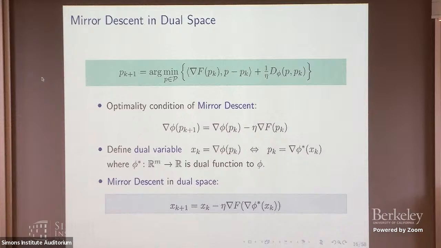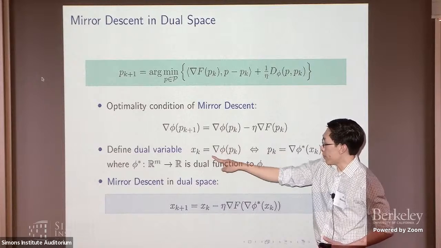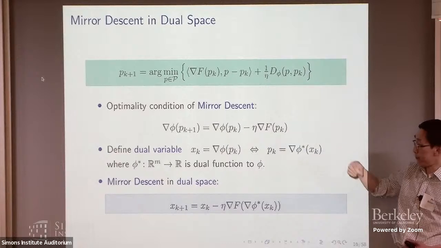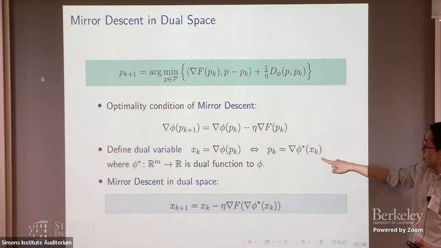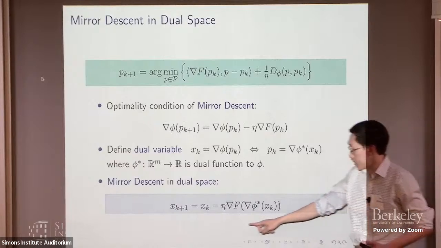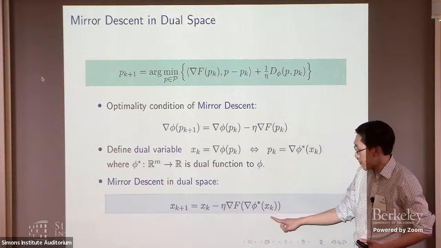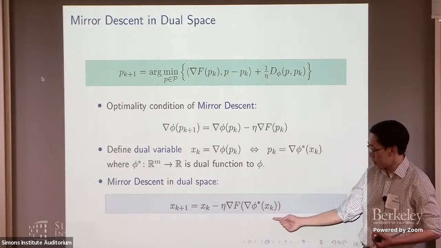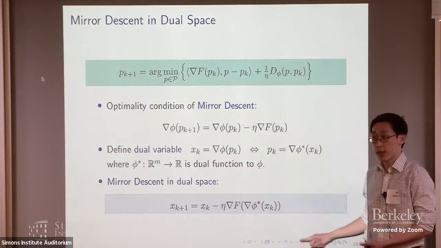So more precisely, let's just define this variable to be xk. And really, if you define it this way, then you can say that pk is also the gradient of a dual function, right? That's the inverse. And so this pk you can write down as this gradient. So this mirror descent corresponds to the following algorithm in a dual space, where x is your new variable now. And at each iteration, you perform an update by this vector field. Right? But this vector field is not the gradient of some function with respect to x, right? We will see that it's what's called the natural gradient descent for that.